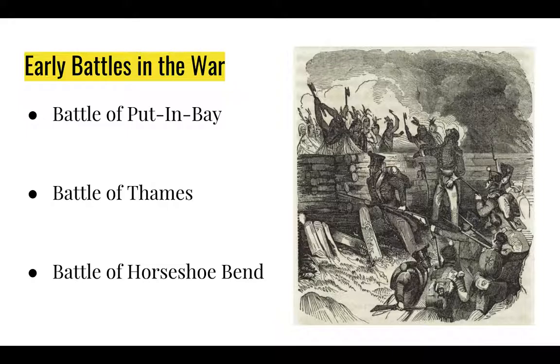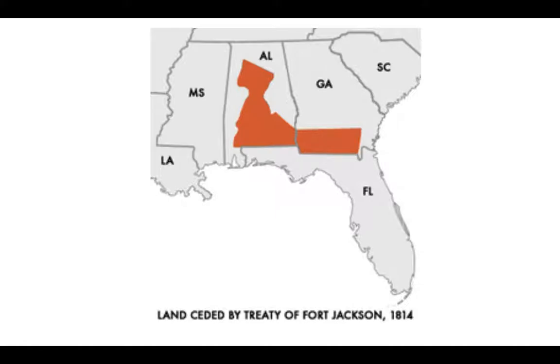And then the final battle is the Battle of Horseshoe Bend. The Battle of Horseshoe Bend was led by Andrew Jackson, who's going to be one of the presidents we'll talk about in probably a month or so. Andrew Jackson defeated the Creek Empire, and the Creeks were a group of Native Americans that controlled a lot of land here in Alabama and Georgia. And so the victory of this battle ultimately led to the control of all of this land here, and ended the Creek War, ended the war with the Native Americans.